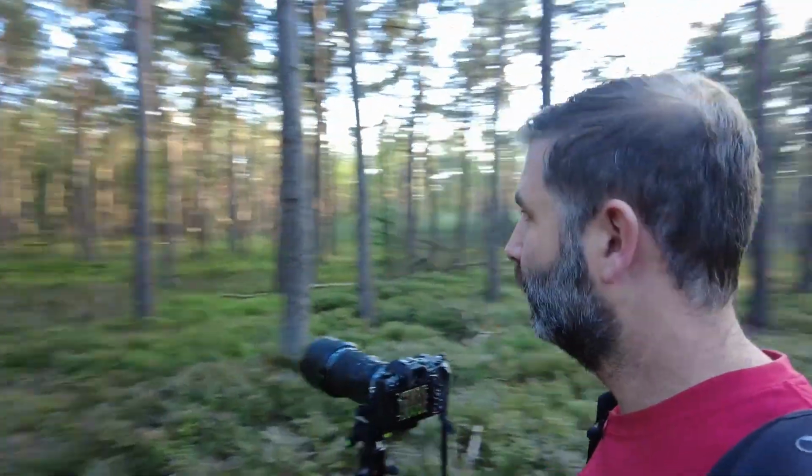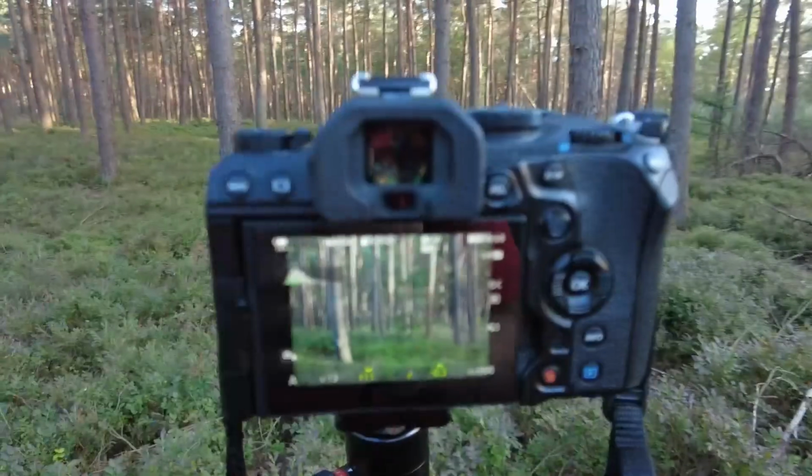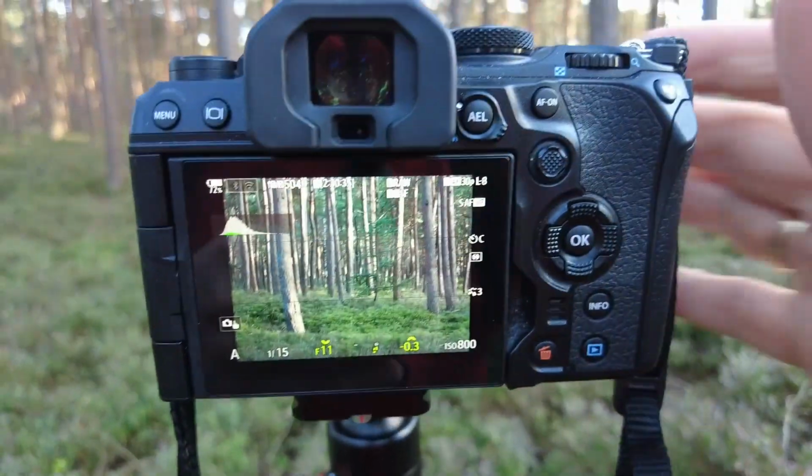I know almost where it is, so let's see if we can find that. So I actually found the exact same spot as I was yesterday, and I walked just a little bit further into the forest, just to get a little bit more of a right angle on the tree. So let me show you what I'm looking at. So this is the frame,